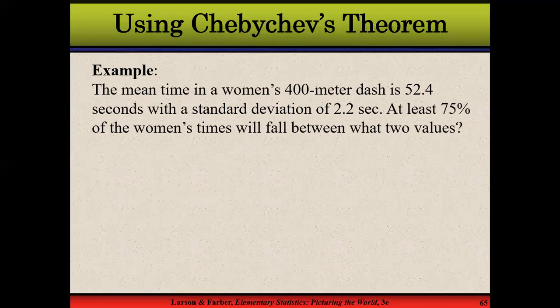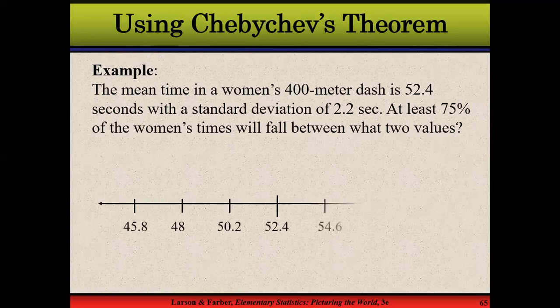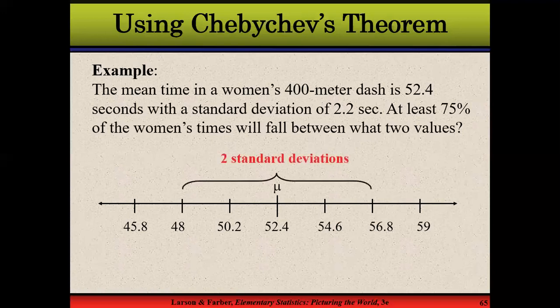Okay, here is an example. The mean time in a woman's 400-meter dash is 52.4 seconds with a standard deviation of 2.2 seconds. At least 75% of the women's times will fall between what two values? We can easily calculate that. First of all, identify where the mean falls. Okay, the mean is